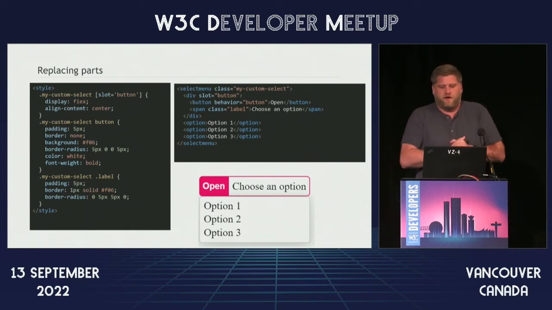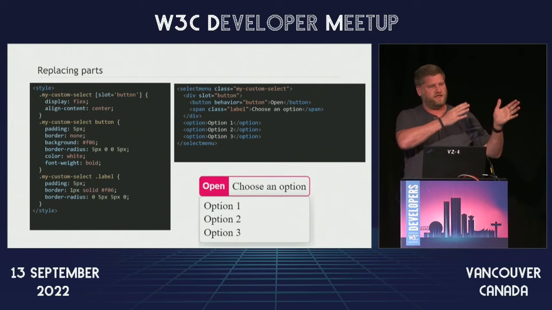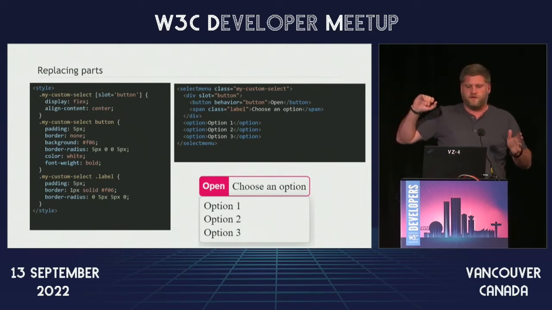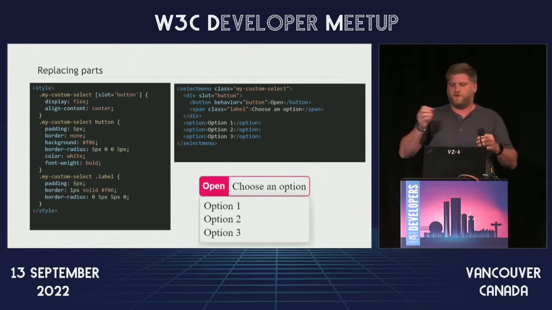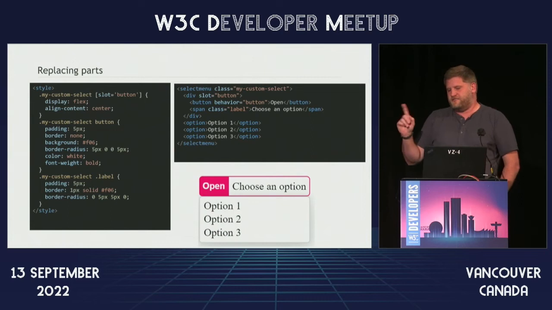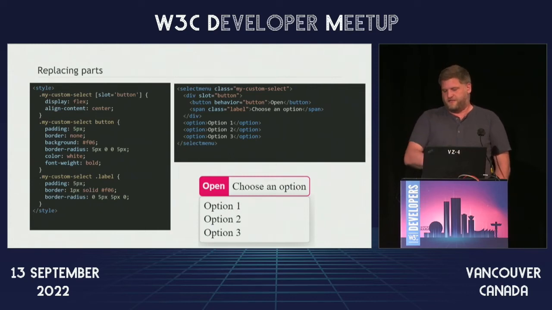So in this scenario, notice we've drastically changed what the root box looks like. Rather than just the normal button that you're used to with the selected value with the triangle, we now are able to completely open this up. Technically everything works. All we do is use the normal web component slot equals button. And I'll get into the magic in a second, that new behavior attribute, behavior equals button. What this now does is completely relay it out, but everything about it is the same.